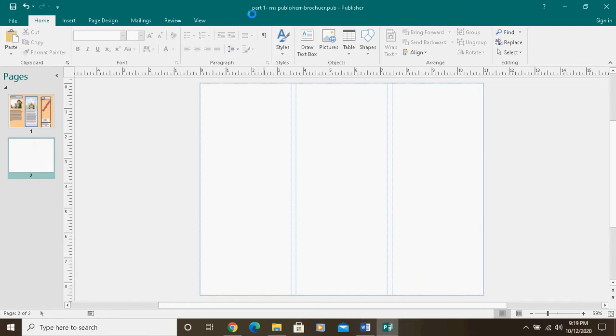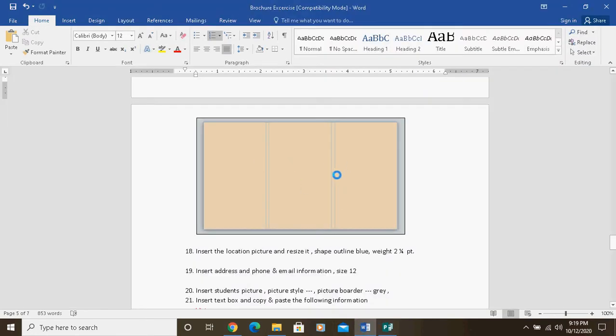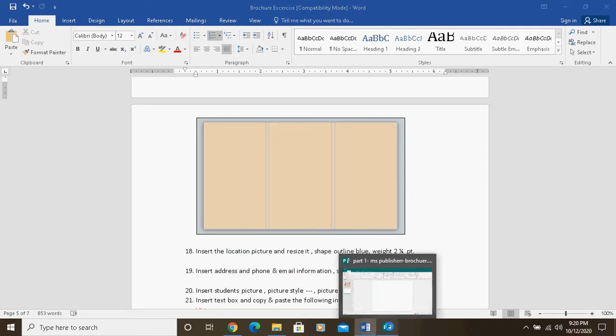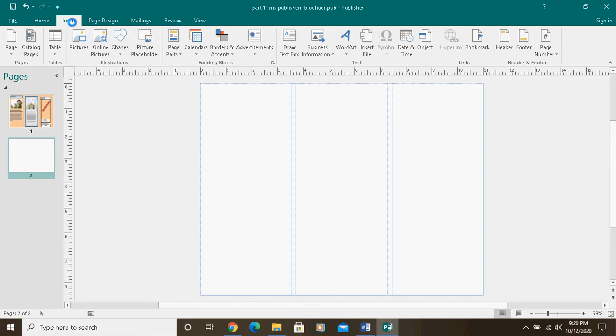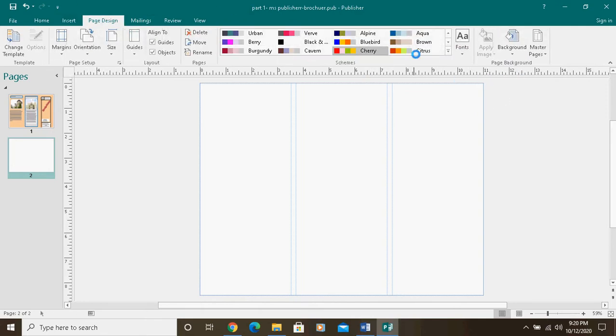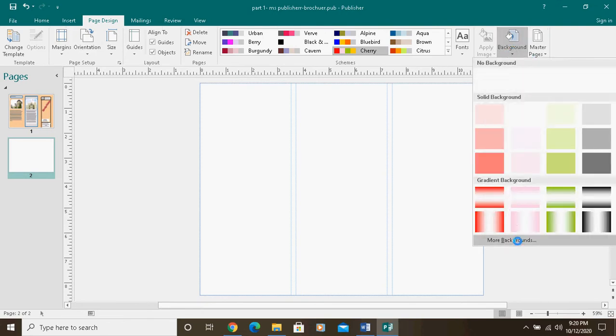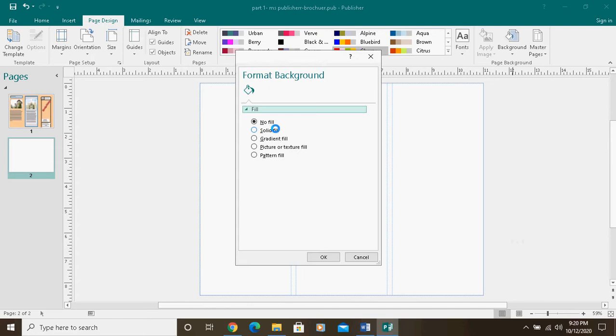Clear? The background color I want to change. How to change the background color? As per the things, it is given a background color. It is not a border, it is a background color only. So I want to insert the background color. So I will go here, insert background color, page design, page design, background color, more background color, solid